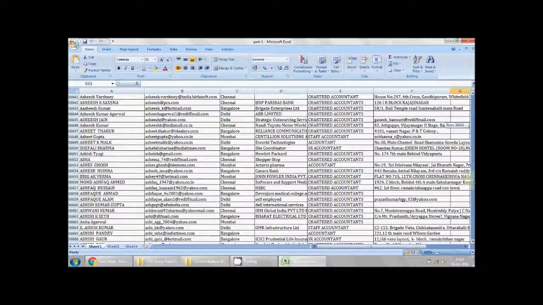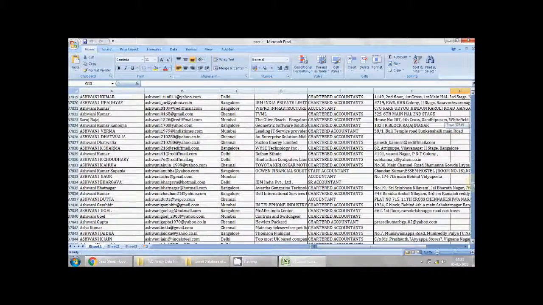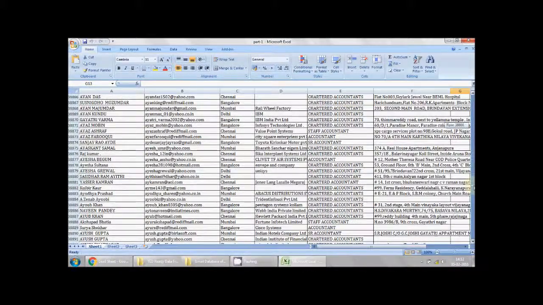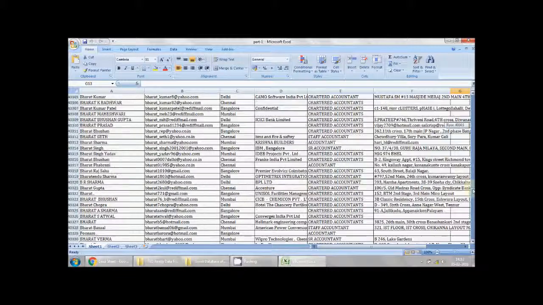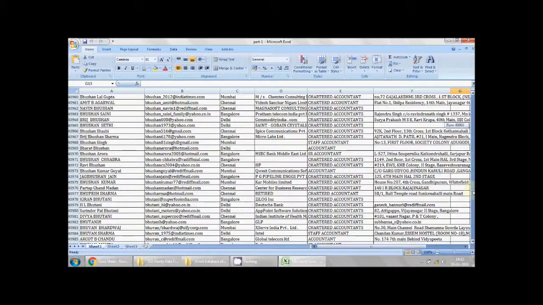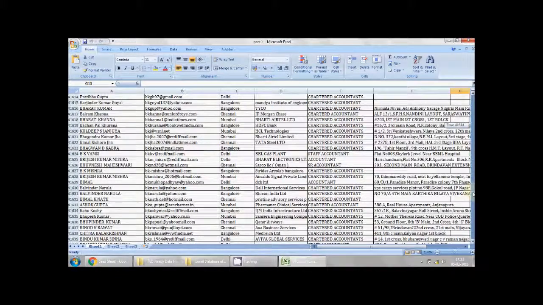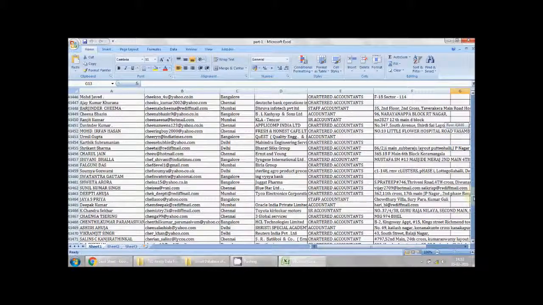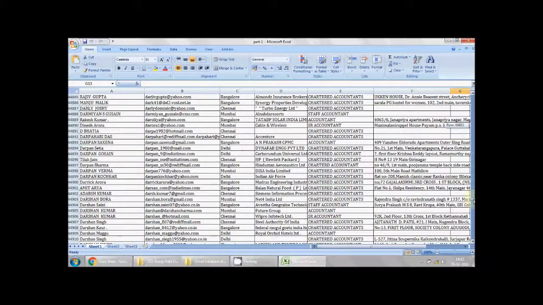I suggest email marketing is always a volume game, where you send emails in bulk, you shoot emails in volume, and convert a small percentage, and in doing that, in the process, you can get a good number of conversions. The more volume, the more likely you get good results. So this is how the data is.